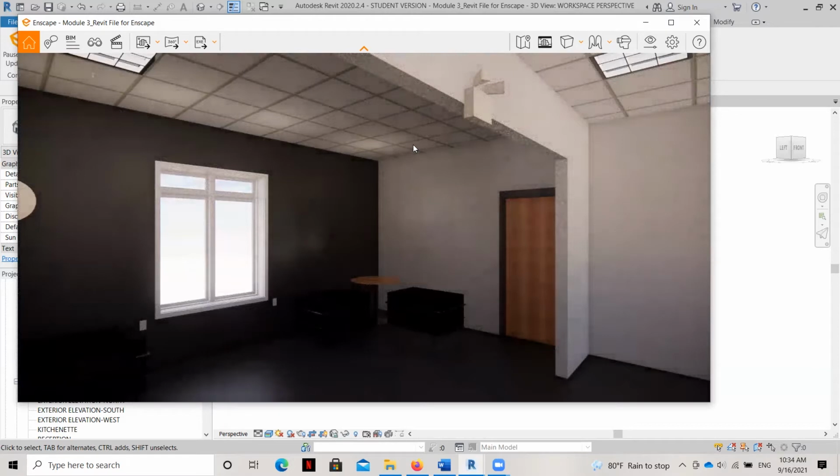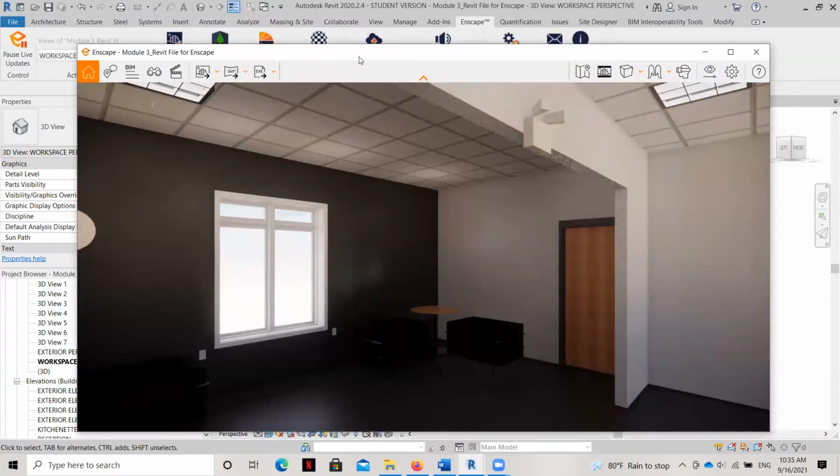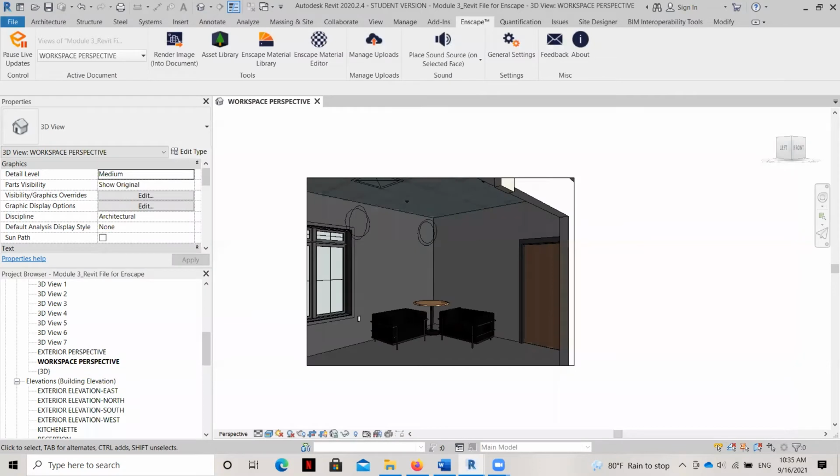Those of us who've been using Revit for a really long time never had a rendering to look at while we were working. We always had to work in Revit and then export a rendering to see how it looked, and go back to work and make changes and then re-export it. So if you don't have that second monitor, don't worry about it, but just realize that my screen's going to get pretty crowded by having both the Enscape rendering on top of Revit. Periodically you'll see me move mine to my other screen, and when it becomes relevant for you to see that, I'll bring it back over.